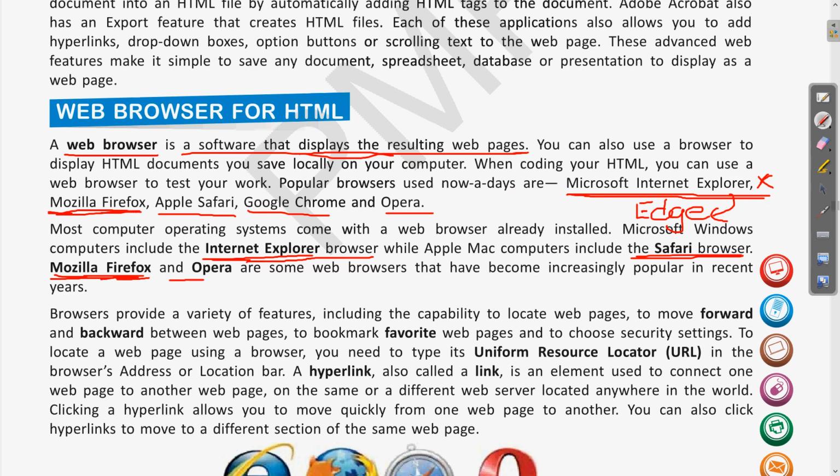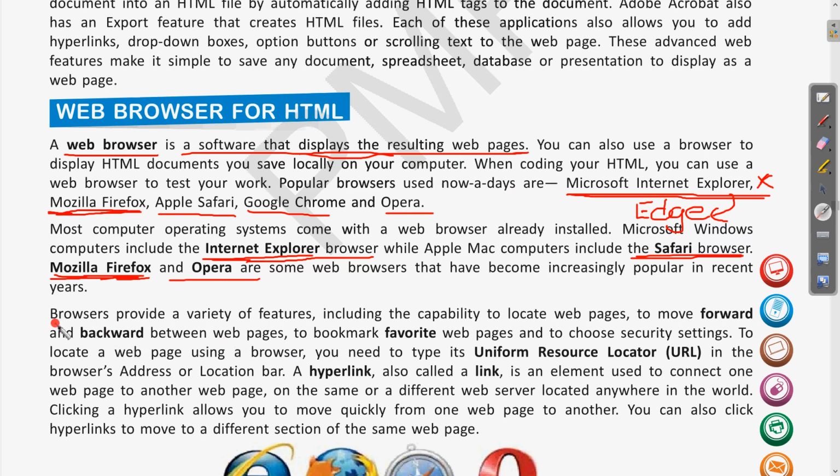Mozilla Firefox and Opera have become increasingly popular in recent years. So for the different operating systems, we have various browsers for running our HTML pages. Then we will see some terms related to these web browsers or web pages.